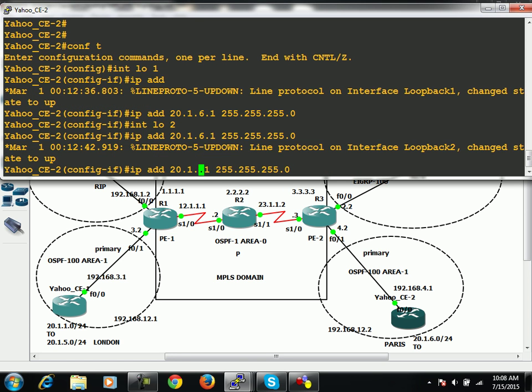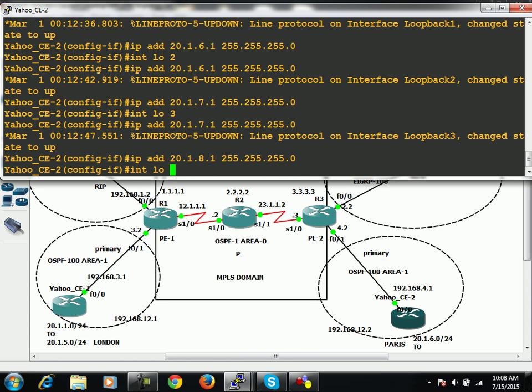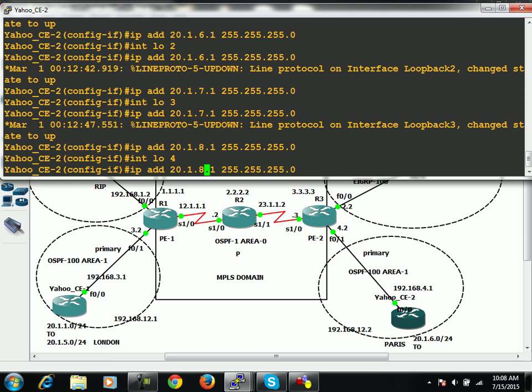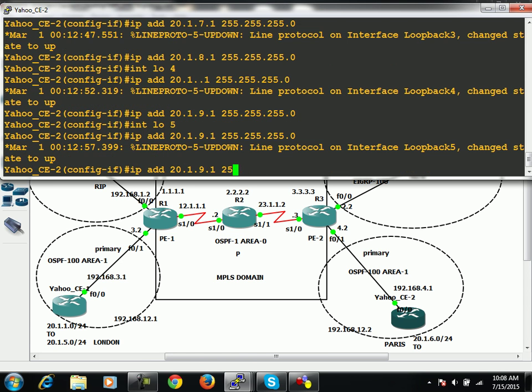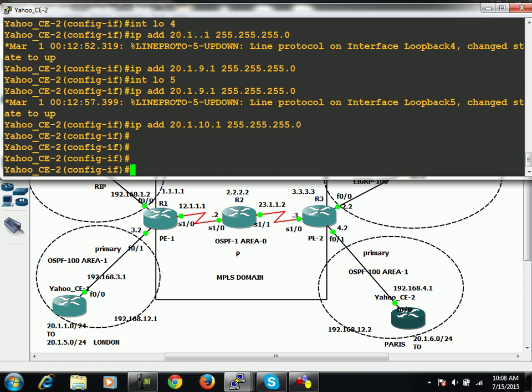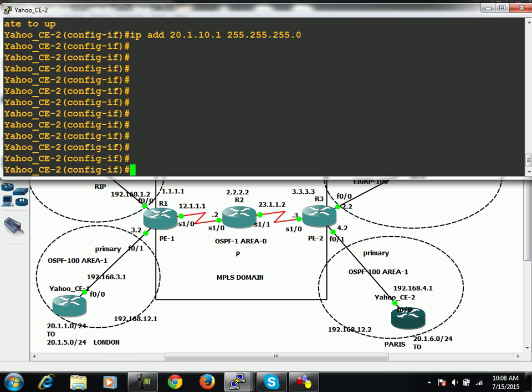Then 7.1, 8.1, 9.1. Finally, FA0/0 IP address must be